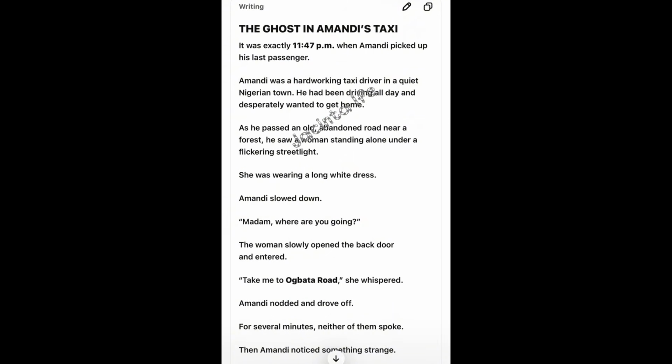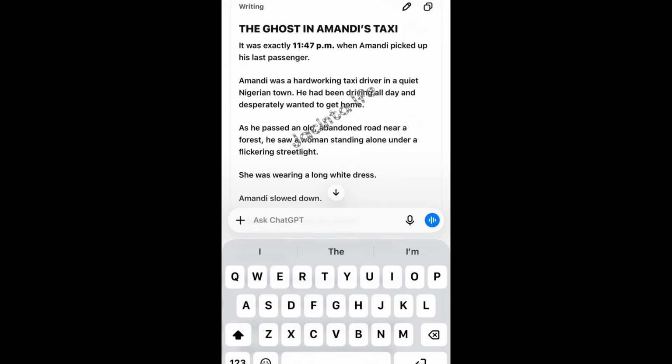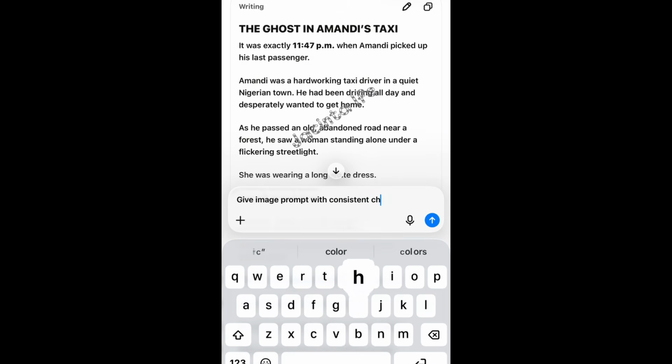So our next prompt will be to give me image prompts with consistent characters.